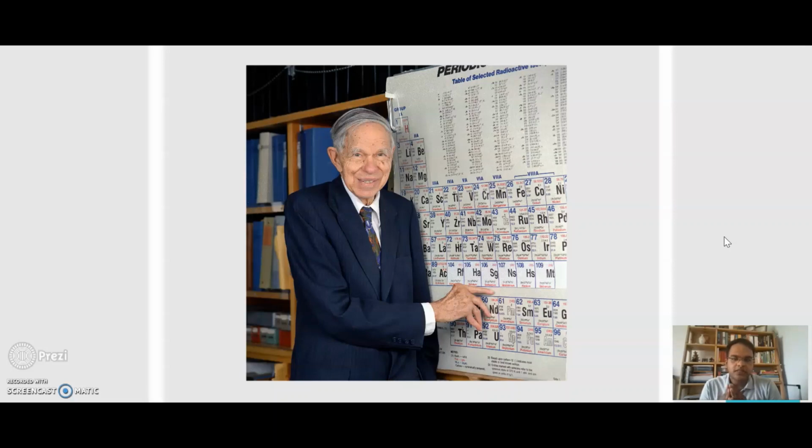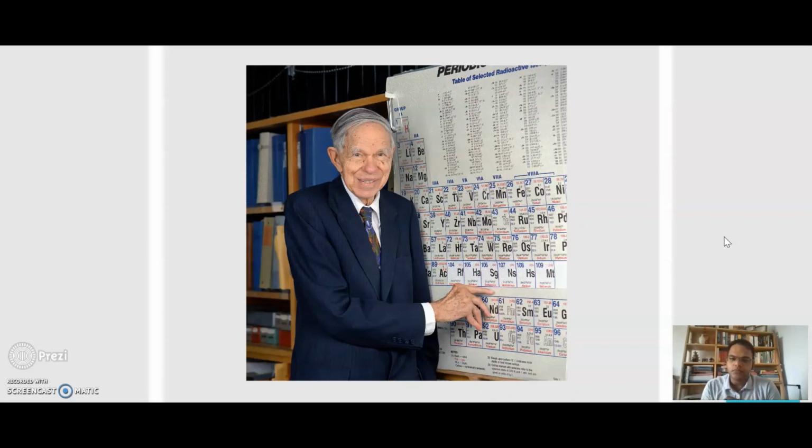Professor Seaborg was such an amazing scientist, and he had such a great team that he discovered not one, not two, not three, but 10 different elements in the periodic table. India has not discovered even one. There have been elements which have been discovered in India, but not by our countrymen. So, his lab discovering 10 elements is an amazing achievement, and that too of the actinide series, which is a little difficult because they are all radioactive.